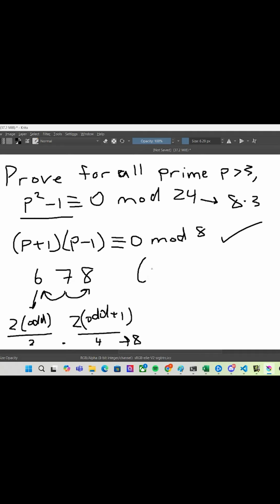Now let's prove that (p plus 1)(p minus 1) is congruent to 0 mod 3. Now, we know that p isn't divisible by 3 since that would make it not prime. So p has to be something like 7 or 11. It can't be 9. What this means is that if we think of everything mod 3,